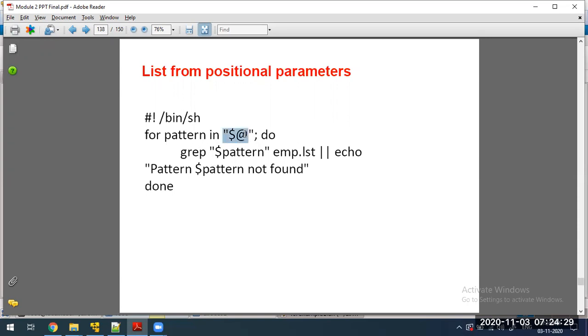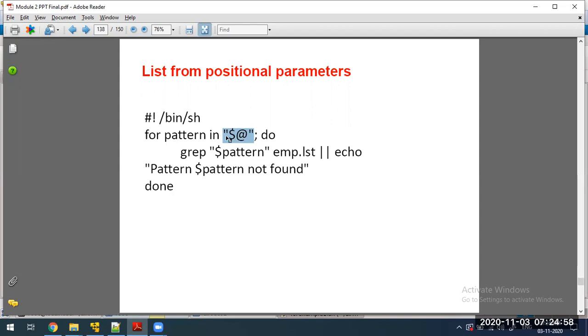See here, within the double quotes, I have included $@. That will give you all the values that we have passed in the command line. This is also a list, right, which contains all the values. $1, $2, $3 contain each value separately, but the $@ includes all the values in a single parameter.